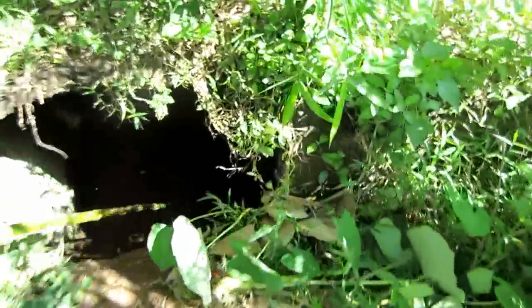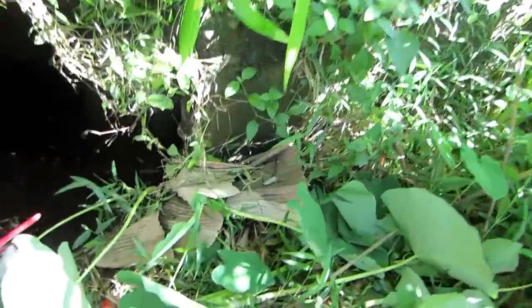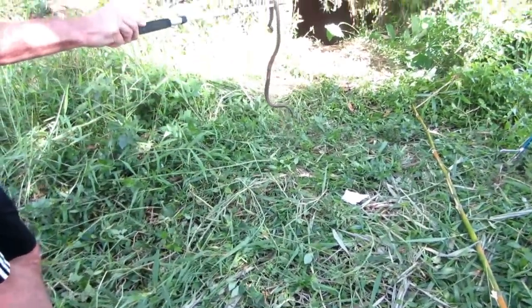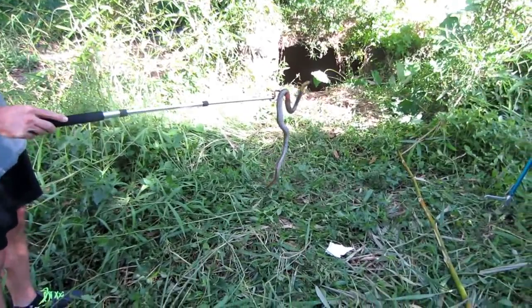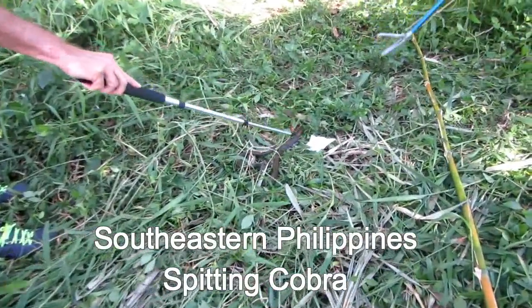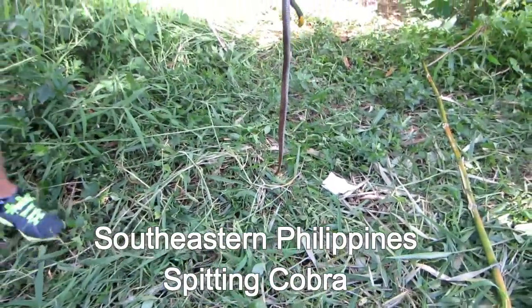Now this is just too dangerous here with all these people. Okay, right there. Keep them down there. All right. This is the speckled cobra. He's recovering now. Watch out. Okay,